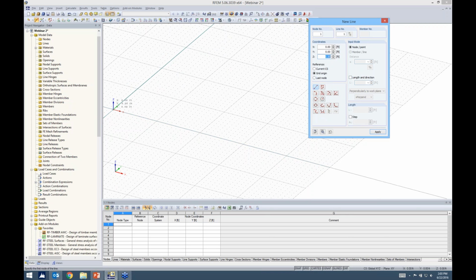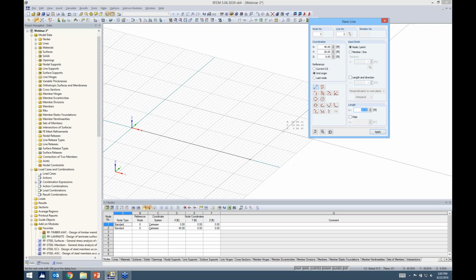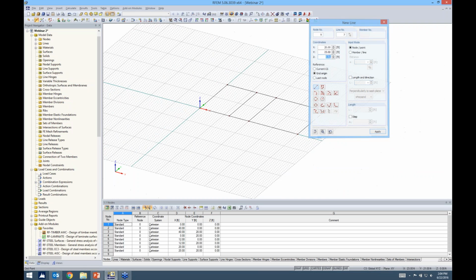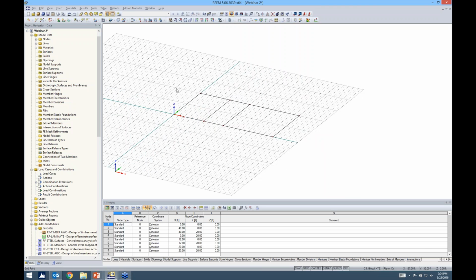Now all I'm doing is just using my drawing grid to draw a 40 by 20 outline of my building here, and you'll notice that I just snapped to the different points, and I'm going to add an intermediate wall, maybe right here at 12 and one more at 20. So we have nothing more than just these 1D line elements here, and what I can do is I can